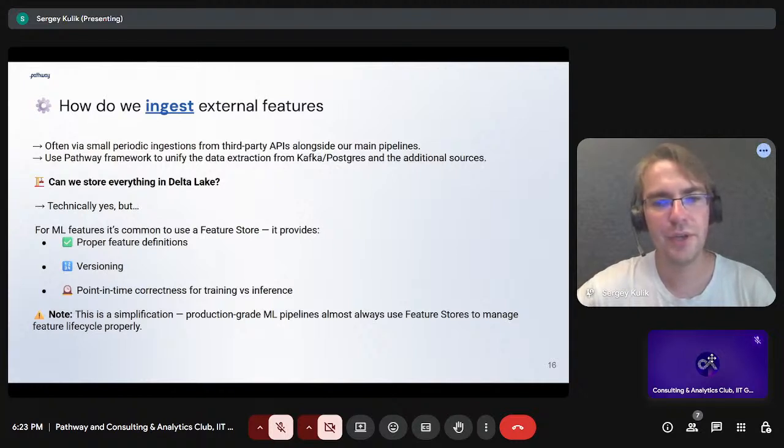And also another kind of disclaimer: we can store everything in Delta Lake or any other systems, but when it comes to production, bigger companies usually use the mechanism which is called a feature store, which is a separate backend for features. So if you go to Uber, for example, or to Yango, which is also a very popular ride-hailing service, then the features will most likely live separately.